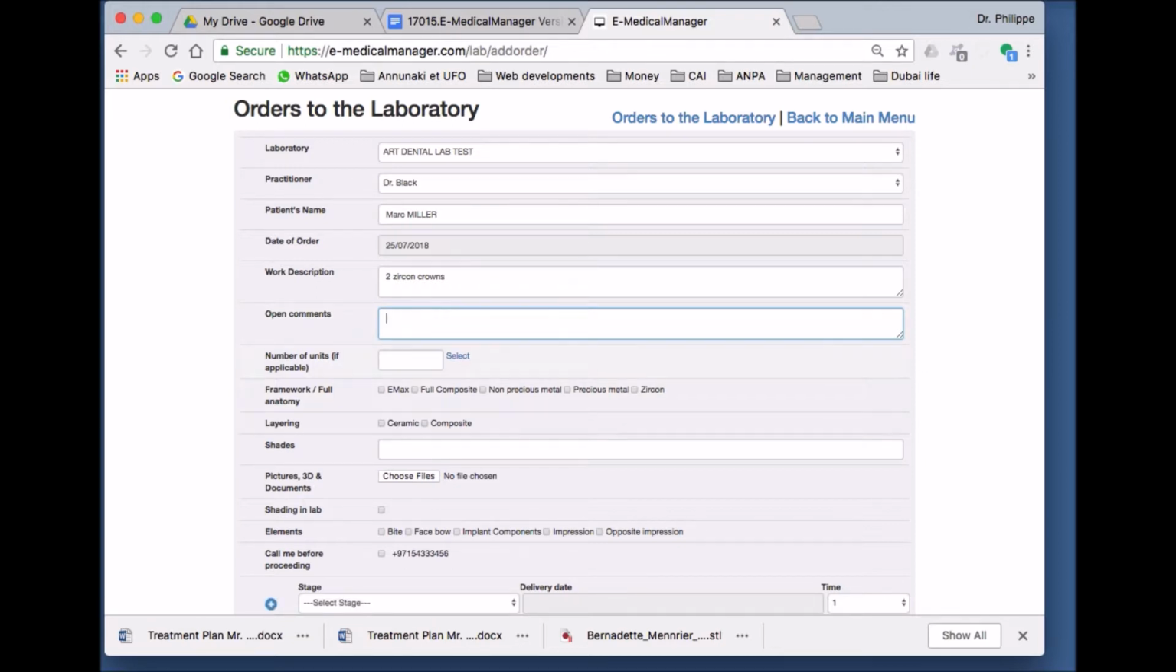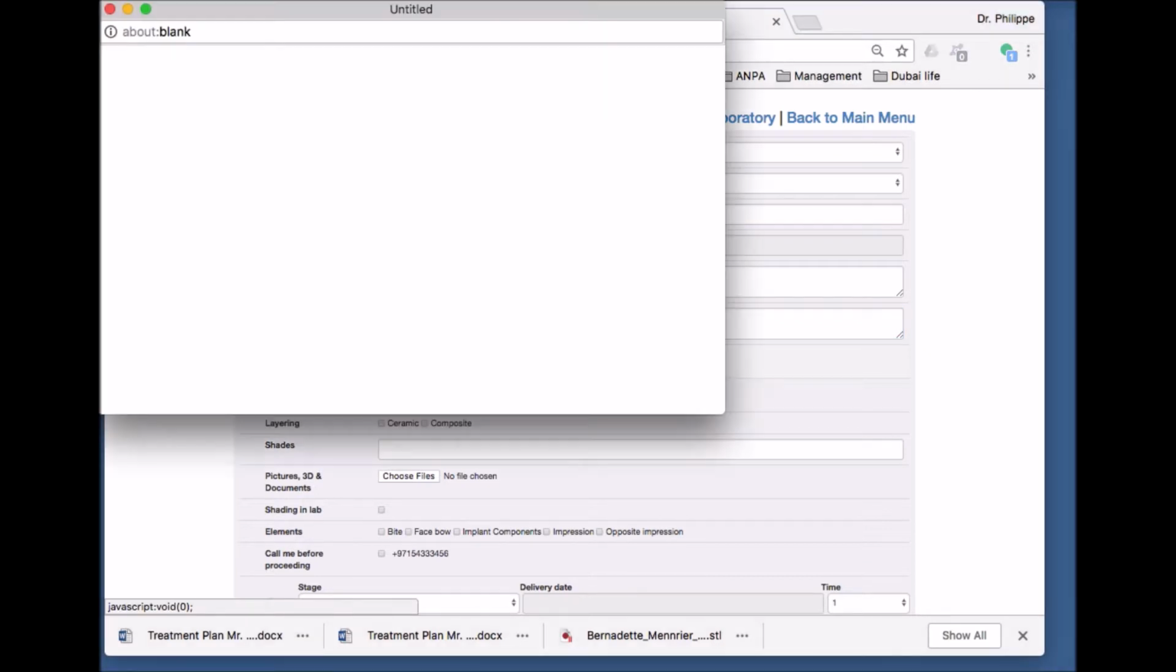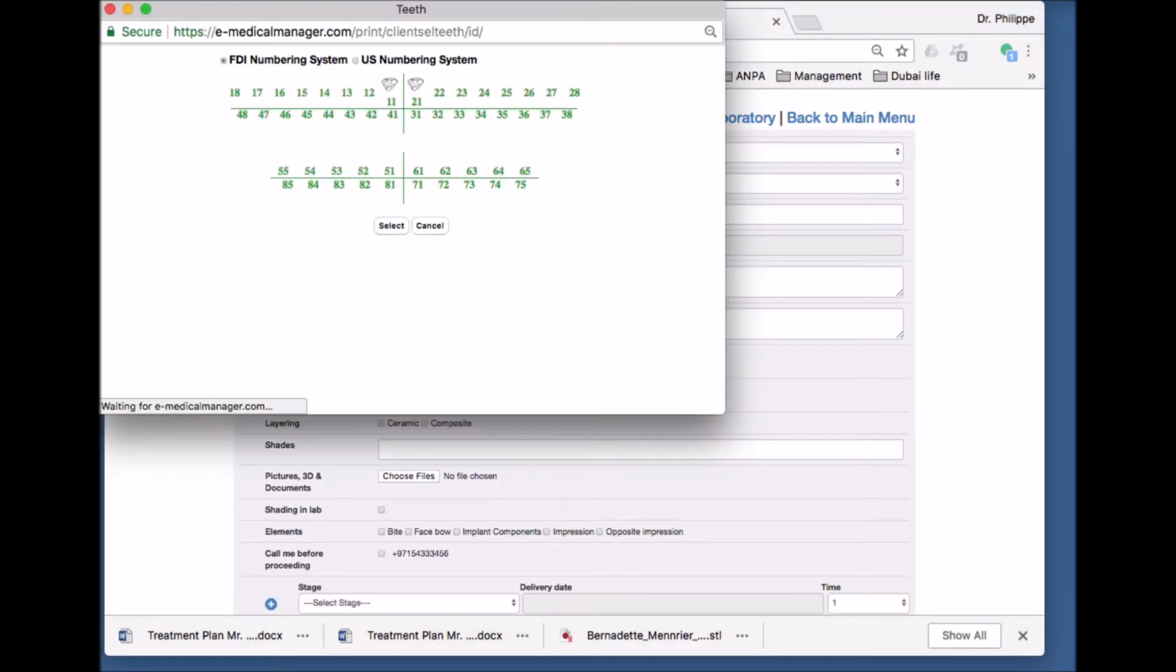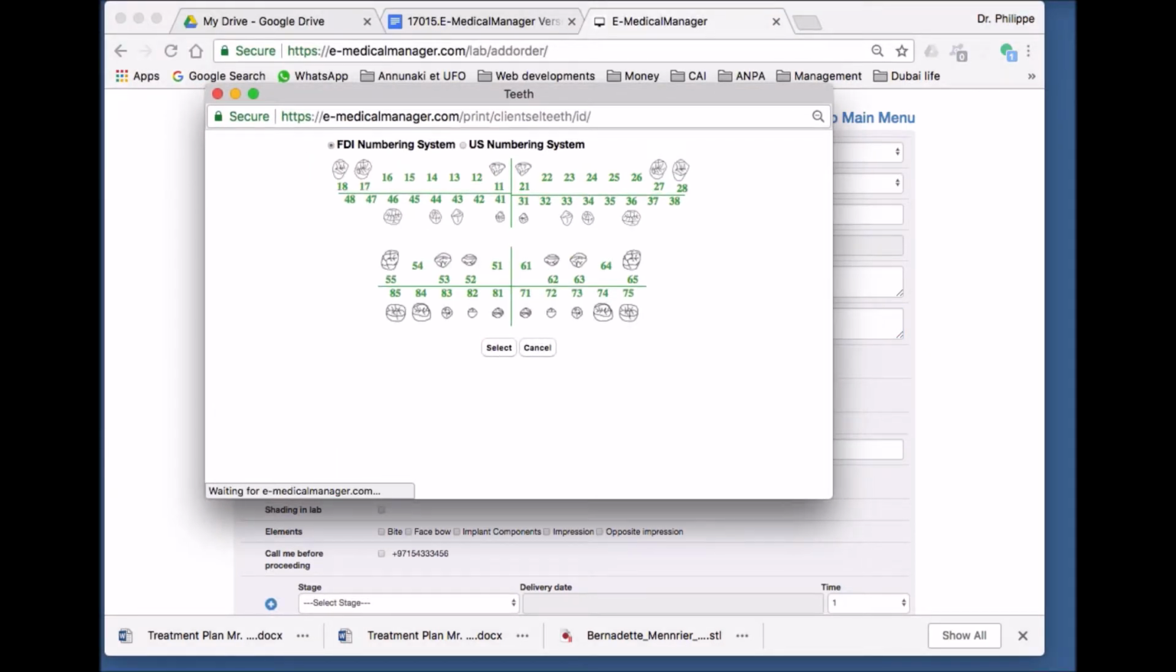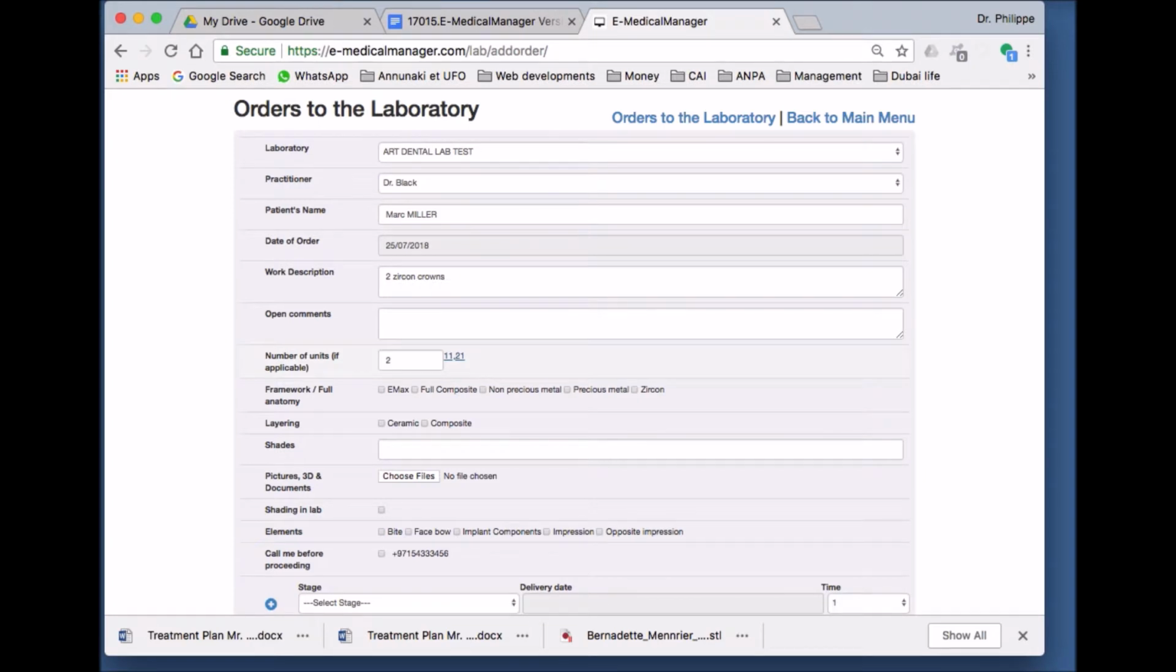So now on the number of units, you click here. On this chart, you are going to select the teeth on which you want to make the zircon crown. You have the FDI numbering system or the US numbering system. Whatever you want to do, you click here or there. Then you select, and automatically you have the teeth number and the number of units,